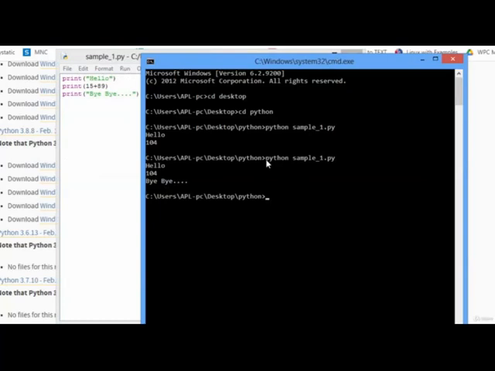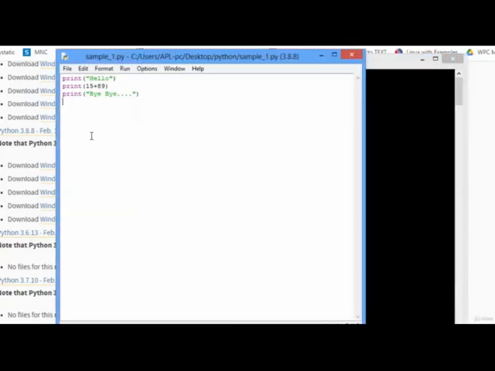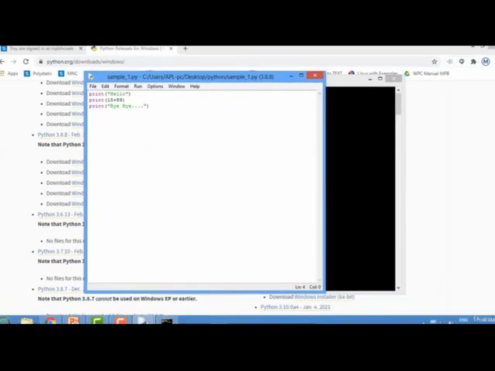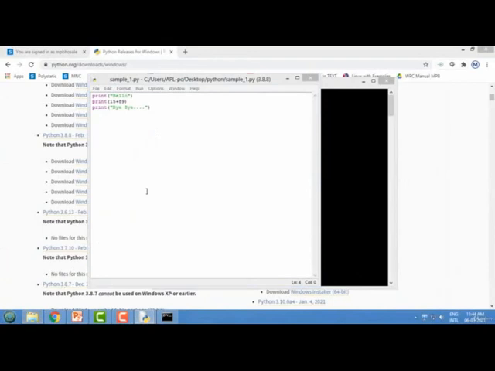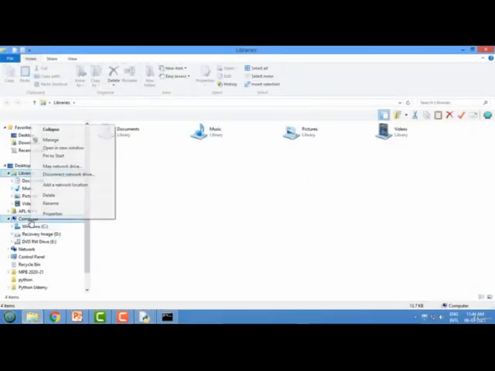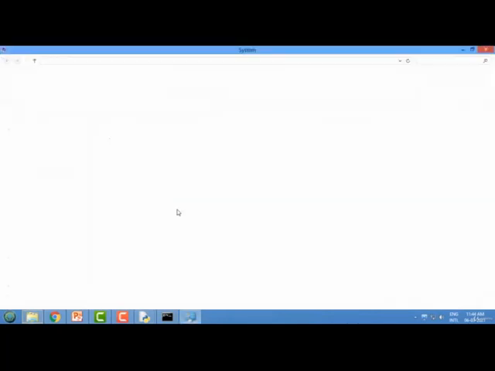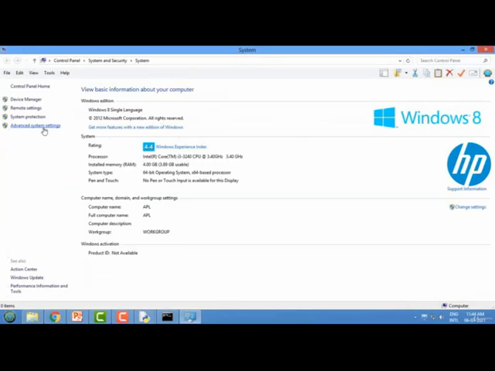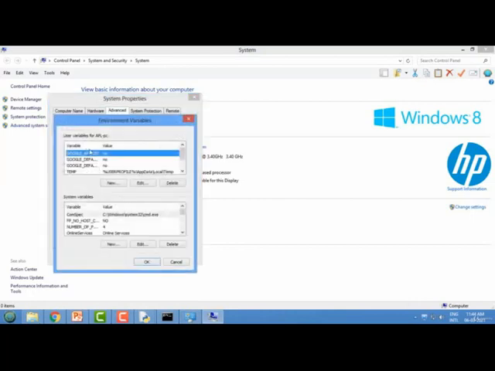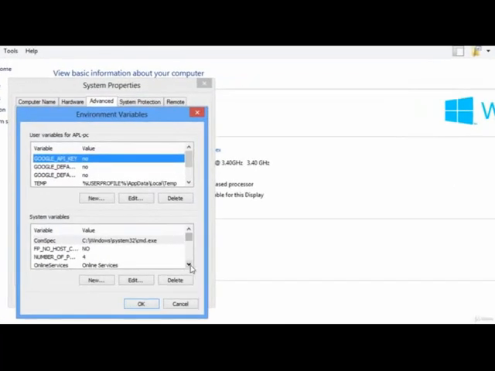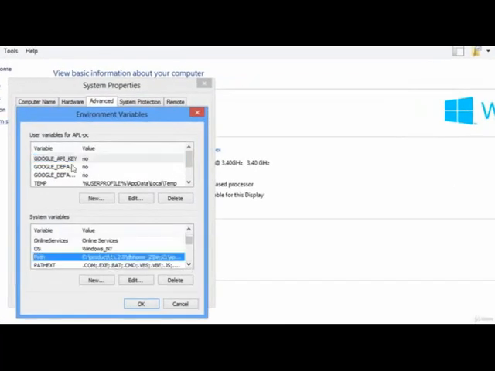Now I will show you how to use this command and how to make this a command, because sometimes what happens is that if you are specifying Python and some file name .py, it will show you that this command is not found or this is not a command. So for that, what we have to do, go to the file explorer, and go to my computer properties. In advanced system settings, you have environment variables. There are two types of environment variable, that is user variable and system variable. Under system variable there is a path variable, this one.